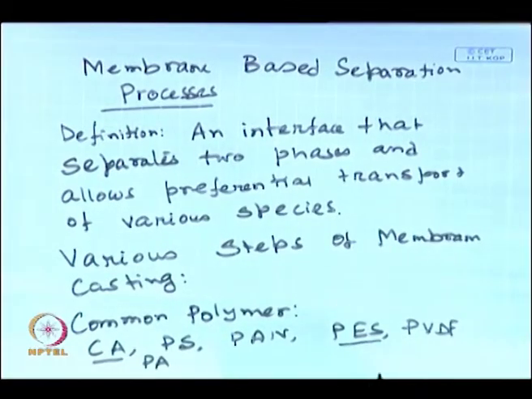So, we would like to have a membrane which will be hydrophilic, so it does not like the environment of hydrophobicity. It does not want to have the pollutants, but it will have a great liking for water. Therefore, water will be preferentially transported through it, and you can expect a pure water solution in the downstream, or the permeate stream, of the membrane. So, hydrophilicity is a very important property, and polyether sulfone is generally used for imparting more hydrophilic characteristics in the membrane matrix.